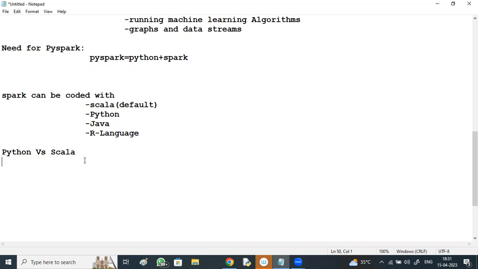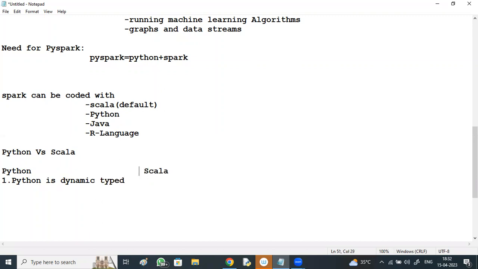Python and Scala. Python is dynamically typed.